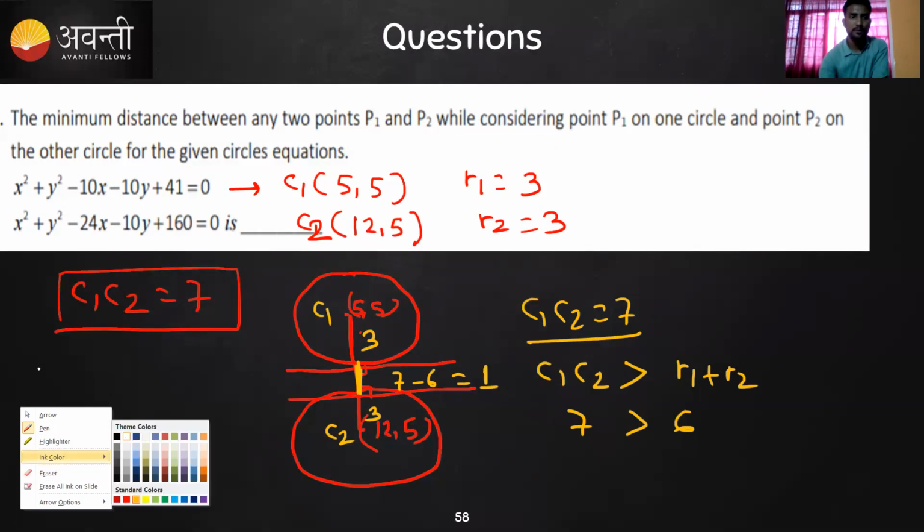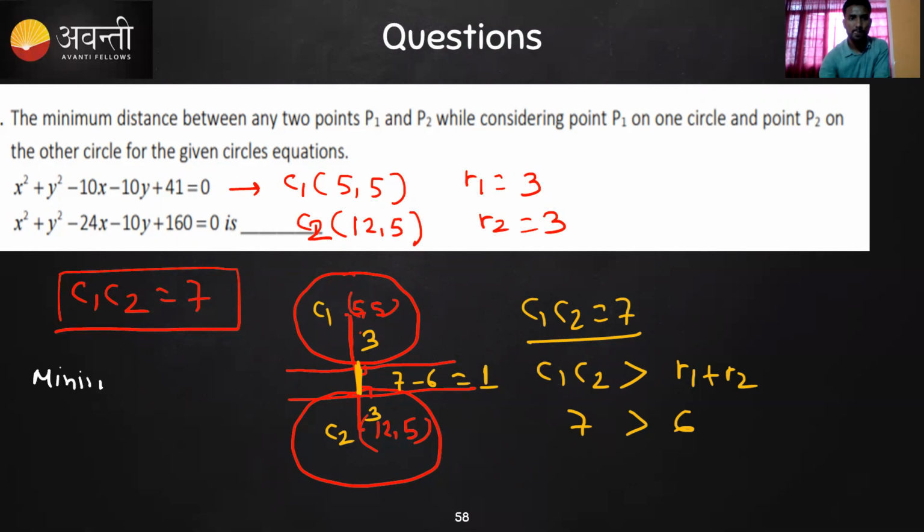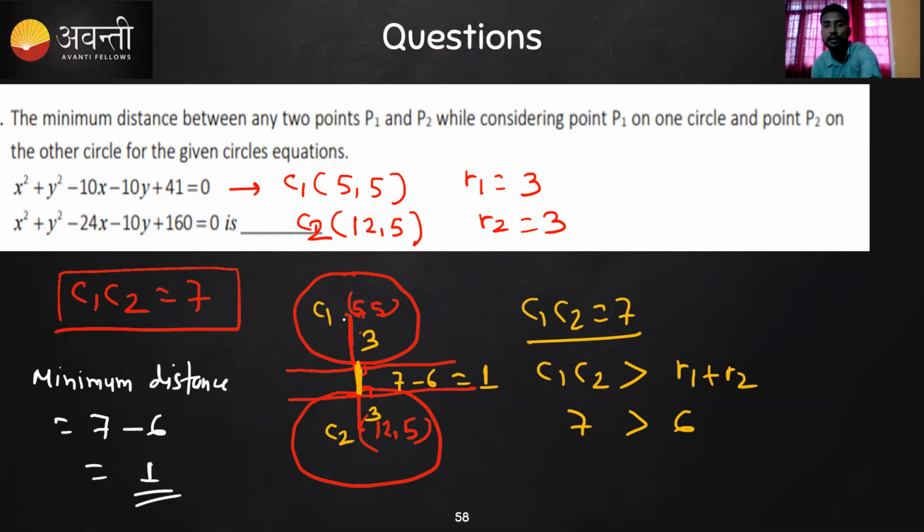So what will be the minimum distance? Minimum distance is basically nothing but 7 minus 6. It is basically 1. Okay, I hope सबको समझ में आया। और C1 C2 आपका टोटल 7 है और यहां से यहां तक 3 है और यहां से यहां तक 3 है, तो ये बचा हुआ 1 ही होगा।